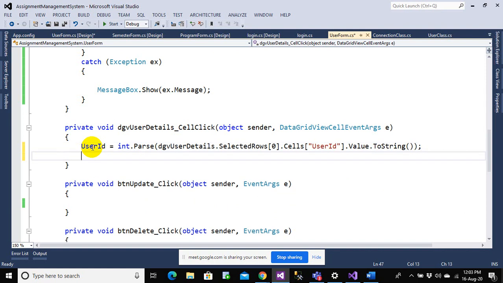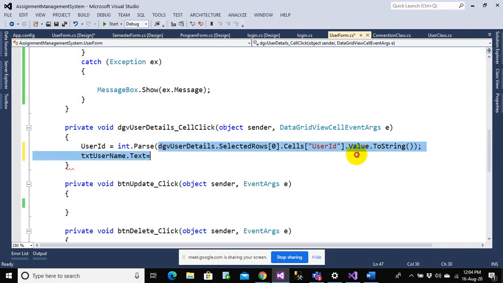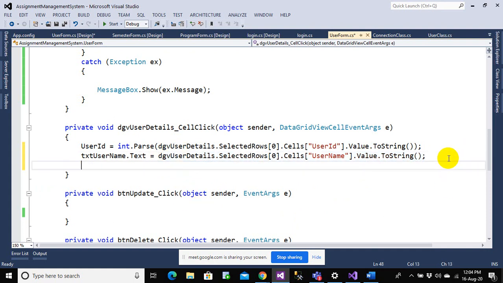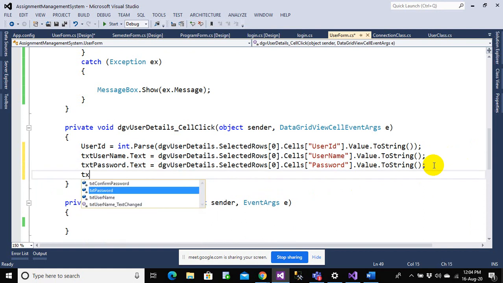So for user ID, and let's say username, txtUsername.Text should be equal to, let me copy this and paste, and make a few changes here. Let me make it username. In fact, let me copy this now. Let me go below this, txtPassword.Text equals to, let me paste it here, and make it password. Confirm password is also the same.